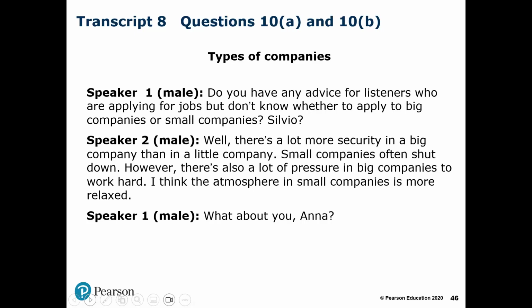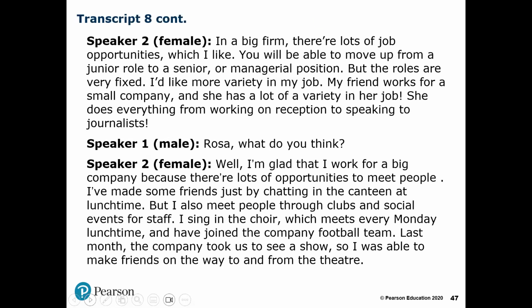So again, we're starting to see that more complexity coming in. And we're now talking about business, and about jobs in the world of work. So we're talking about things that are of greater complexity for students. And what we're also seeing now is particularly this speaker two. Speaker two is saying more. So again, there's a much bigger memory load.